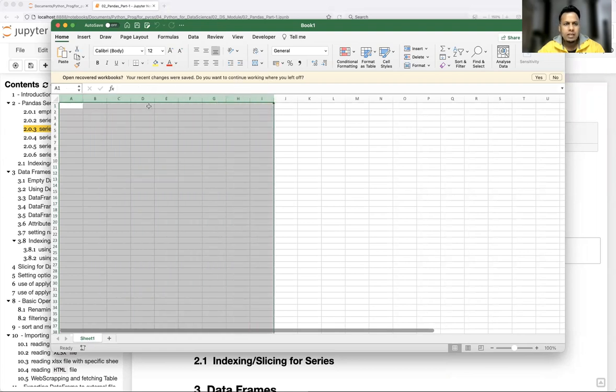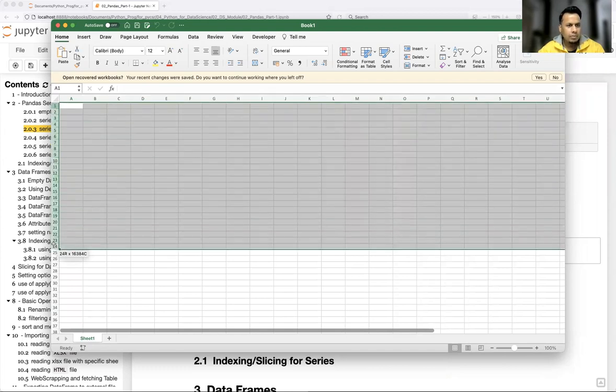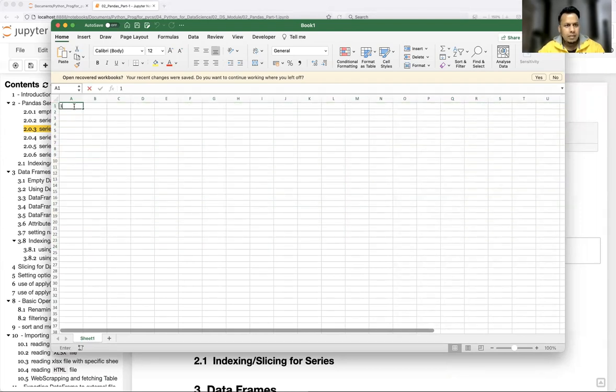A, B, C, D, those are nothing but the names of the columns. And if you see the left side, you see all the numbers, those are nothing but the names of the rows. Let's say I have some data here, 1, 2, and here 3 and 4. So in column B, I have 2 and 4, and in column A, I have 1 and 3.